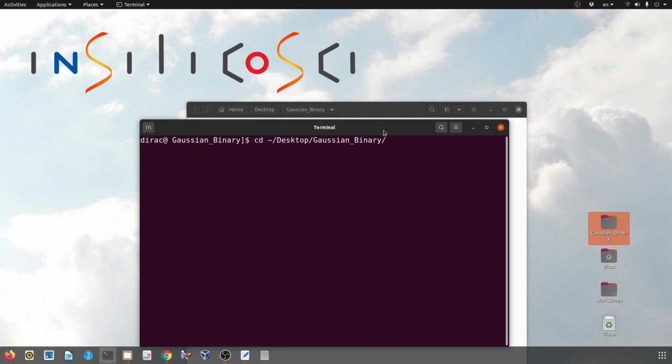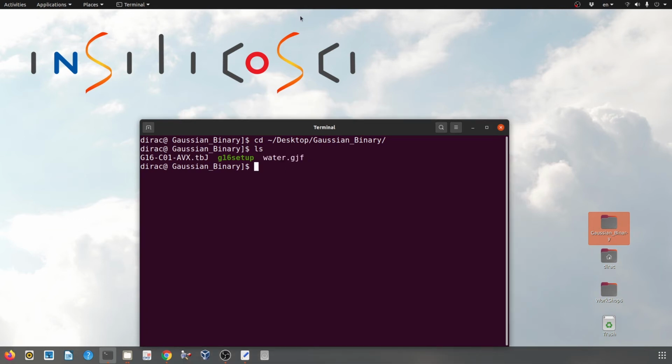Desktop, Gaussian binary. Okay, and then use the ls command to see the input file in the folder and make sure that the input file is here, and then run Gaussian with the g16 command, and you must use a particular syntax for it, which is g16, angle bracket, the name of the input file, which is water.gjf, angle bracket, the name of the output file, and you can use any name for output, but I use water.out, and then press enter.